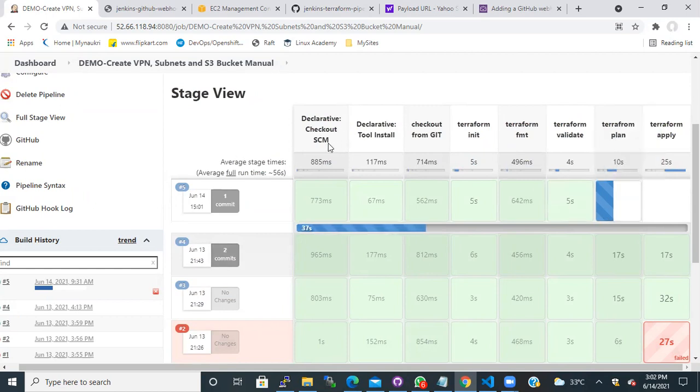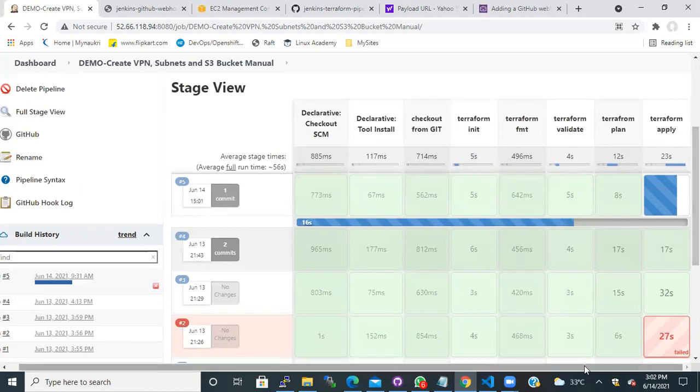The build is started, it's checking out the code, and it's installing Terraform. I mean, it's already installed. Checkout Git, Terraform init, format, validate, plan. All those things are happening. So it's at the final stage now.